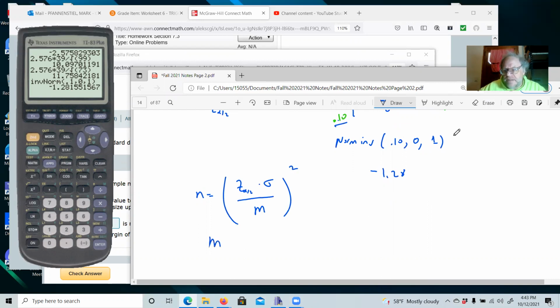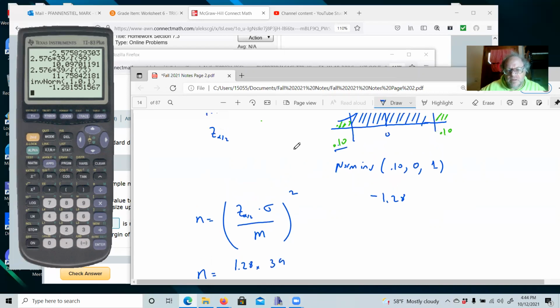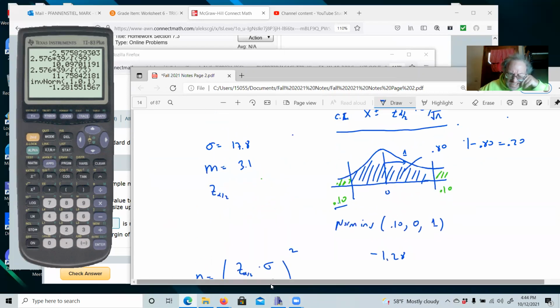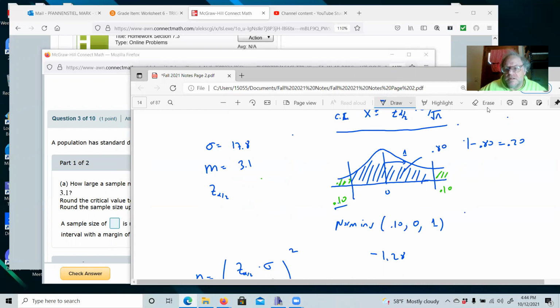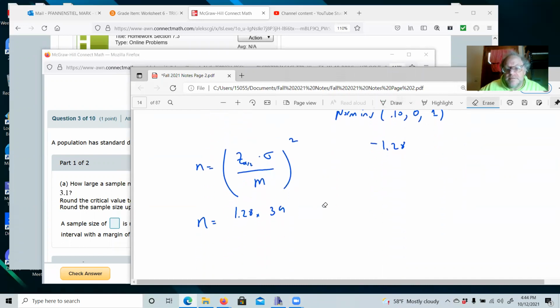So n is equal to 1.28 times, what was my standard deviation? 3.9, I believe? Was it 3.9? Population, 17.8. Oh, that was way off. 17.8